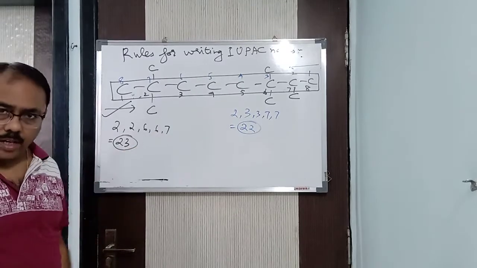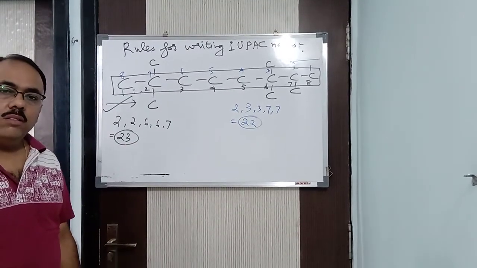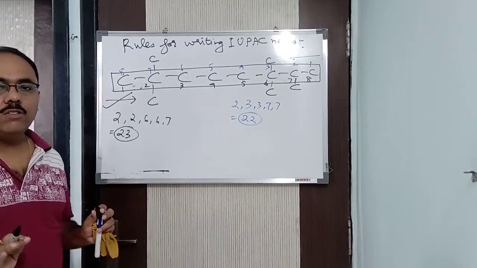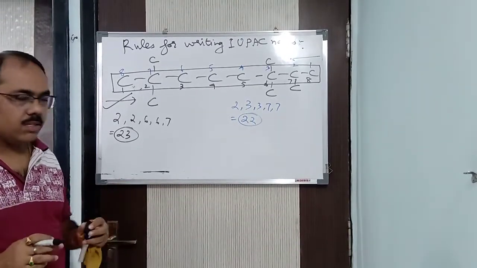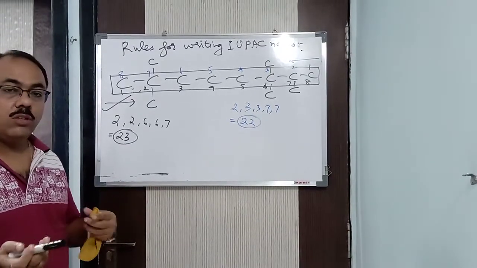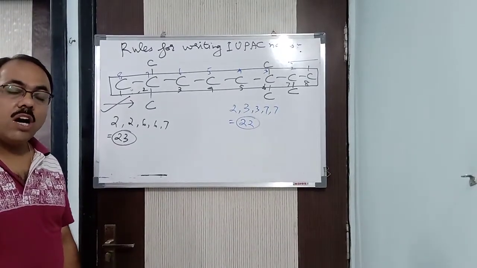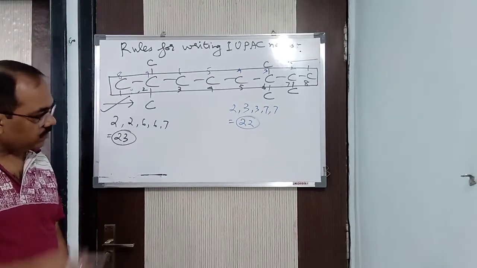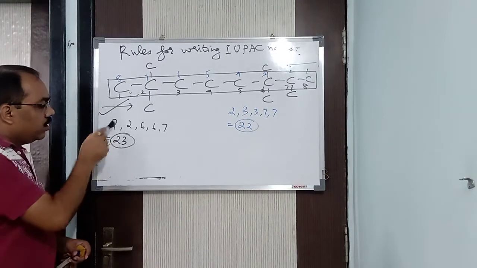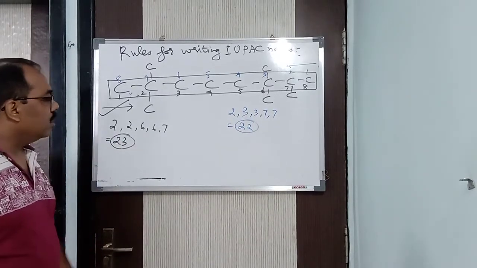As you can see, here it is correct. No. So you will be confused. So hence better to follow one rule. So for that reason I compared this and I gave you the examples. So better to follow one rule, because see, you are sitting in a remote place, I am in a remote place, I am teaching you. Alright, so how will I clear your doubts? For that reason I gave this example, I am saying so much. So hence we will do this one. Got it? Even if the lowest sum of locants rule is having the highest number.